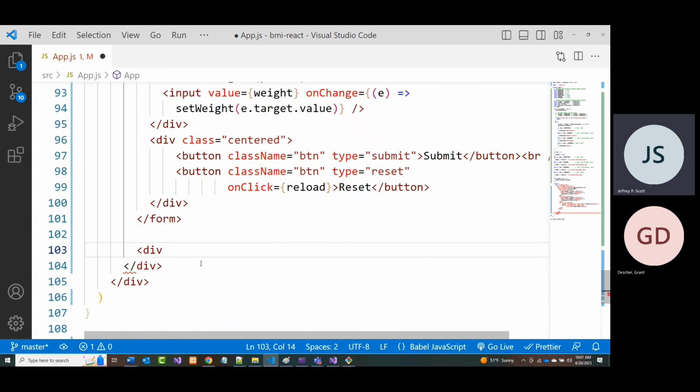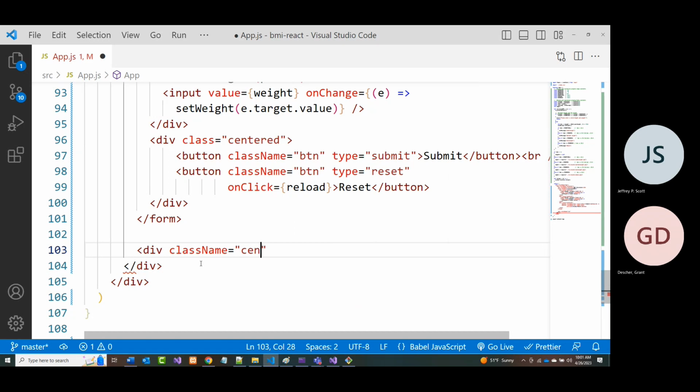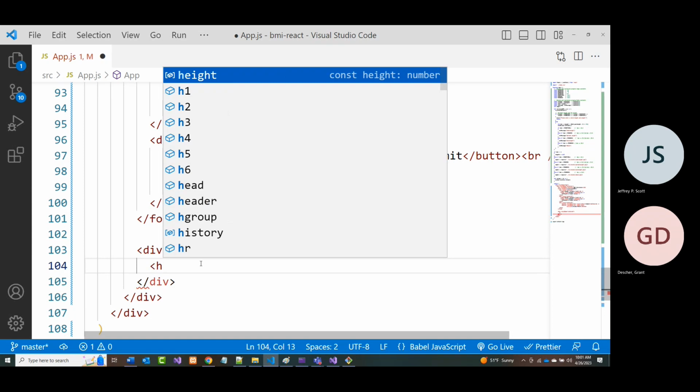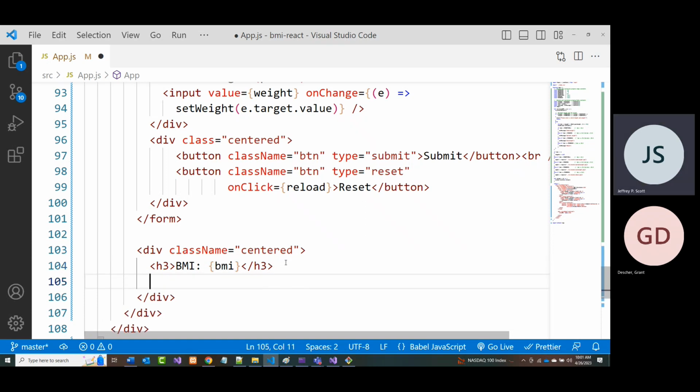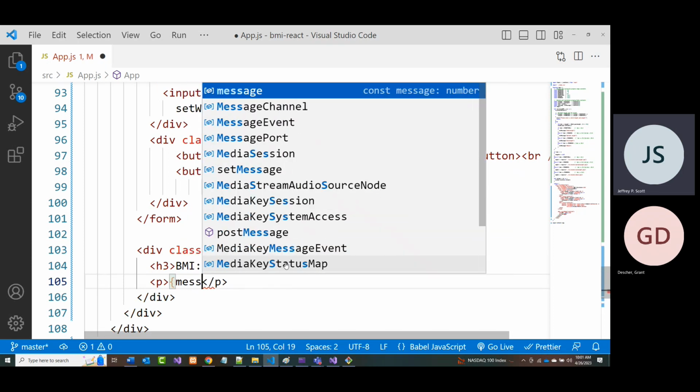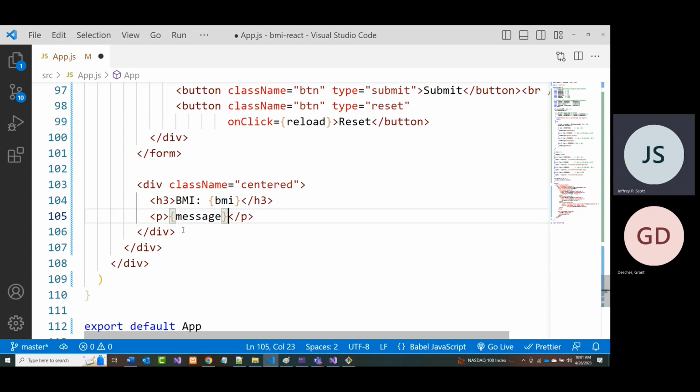And I think that's why we're having the problems with the image source, but we'll see if this fixes it. That should be showing us the BMI, hopefully. All right, and then right underneath that, we'll put it into a paragraph tag, and I'm going to say message. So that should be the underweight, overweight, optimal weight, or obese. All right, and then finally,